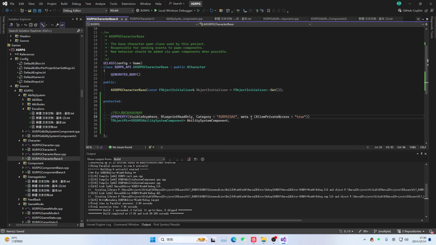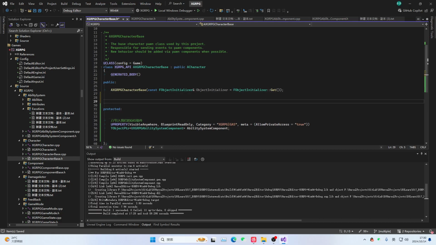Do I need to explain these red marks here? This is BlueprintReadOnly, and it can be seen from anywhere. And the category is this category. As for its meta, it means allowing access to its private variables. So once we have such a variable,